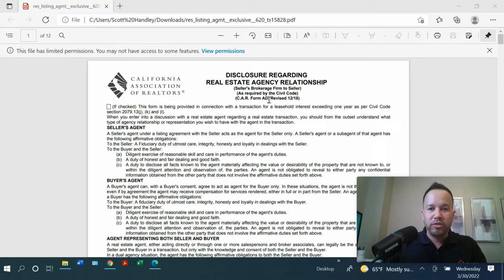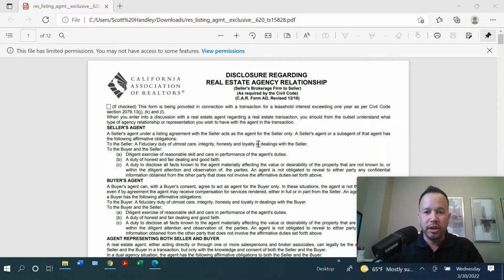So let's get right to it. You all should be pretty familiar with this Form AD, which discloses the relationships in the transaction and what their duties are. Keep in mind the AD is not a contractually binding agreement with you and the seller and/or buyer where it could go before a judge and they give you representation. It's just to disclose who is actually involved in the transaction and also authorizing you to speak on behalf and